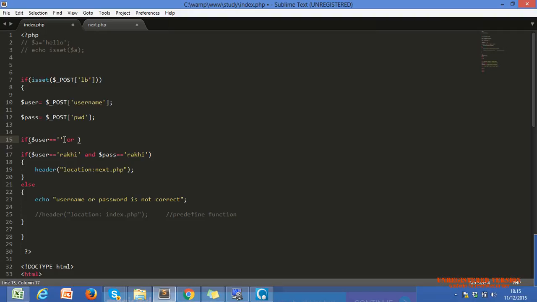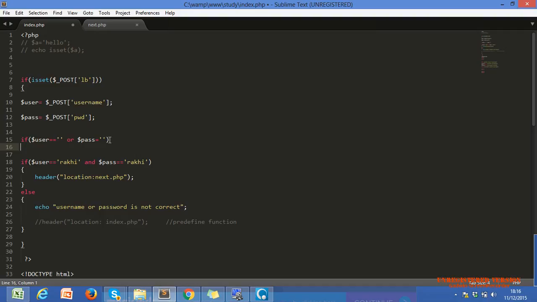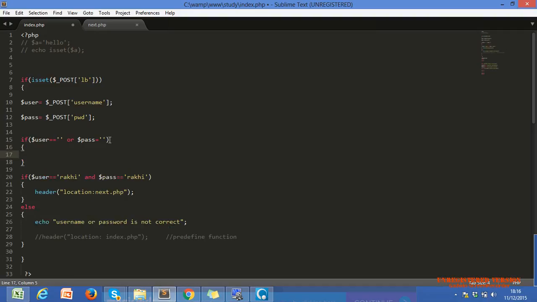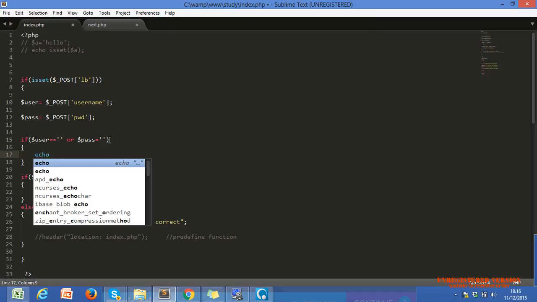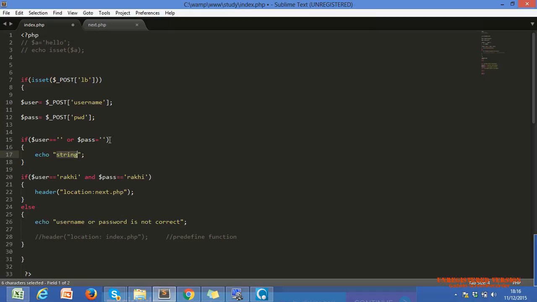Once again, let me code. I'll explain why I use the or. If blank, then I don't want to execute the code, just a simple message. Please